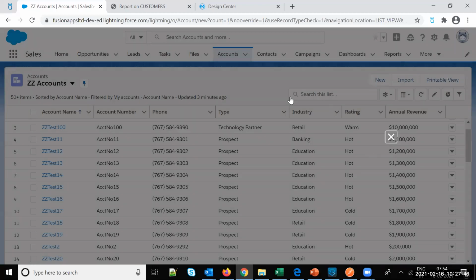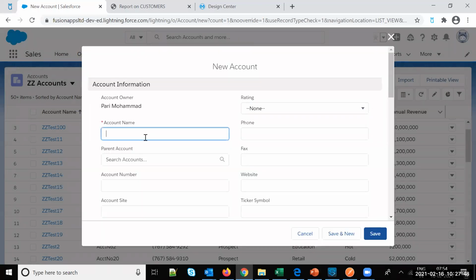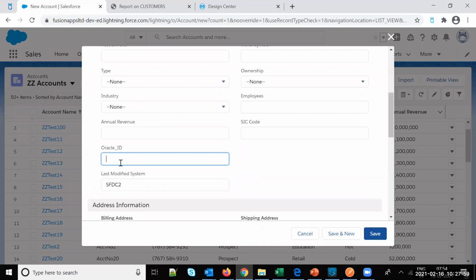The new account that gets created in the other Salesforce org should come into my SFDC org. I'm using an external ID to perform the upsert operation. So I'm just updating this Oracle ID here.